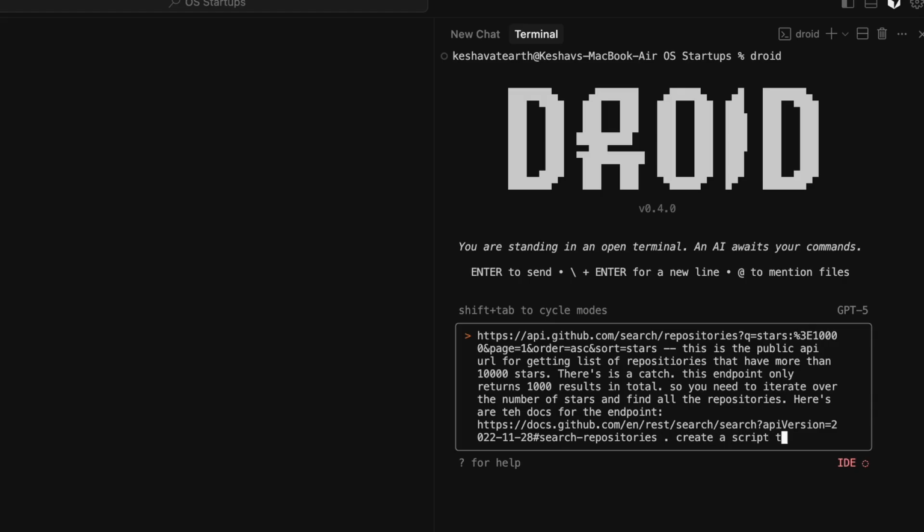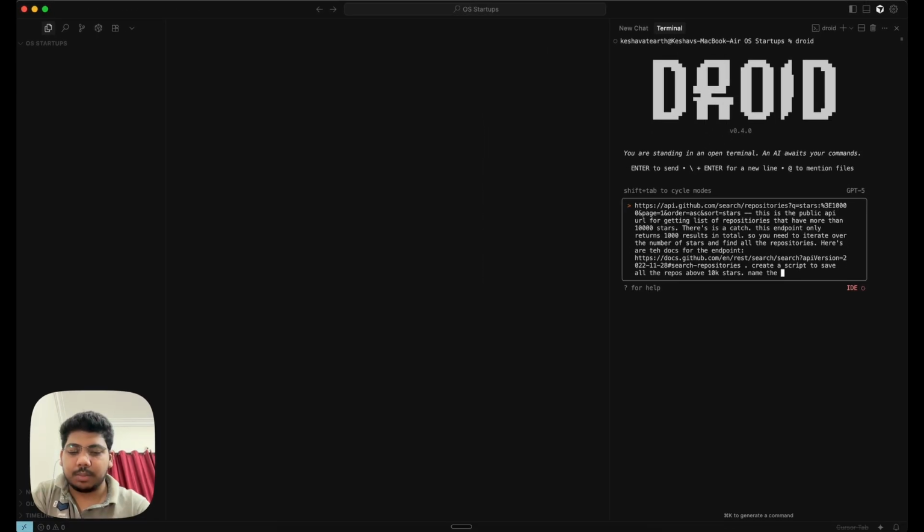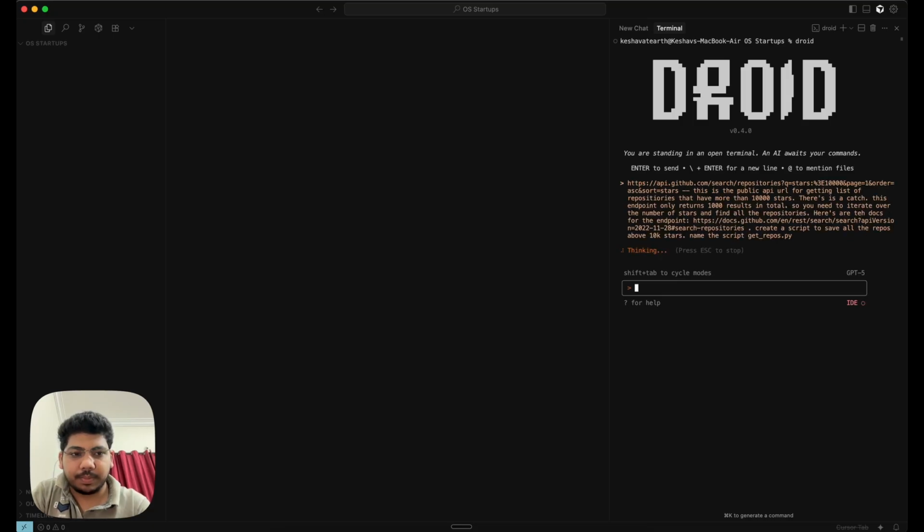Create a script to save all the repos. Name the script repos.py. So while Droid does its thinking, I'll go and grab a Gemini API key, because I'm going to use Gemini